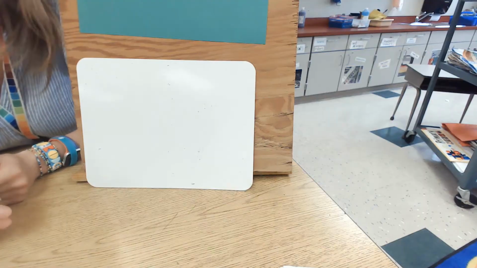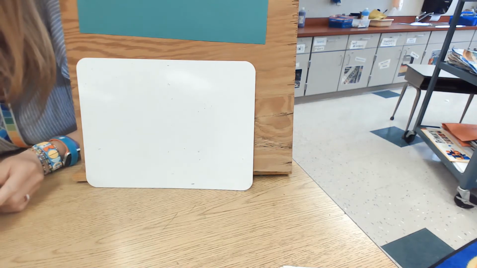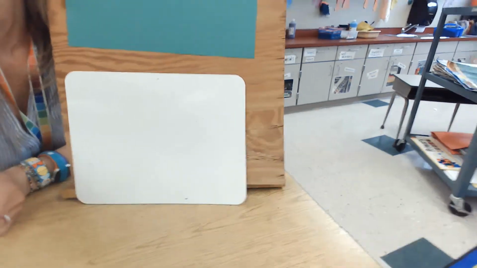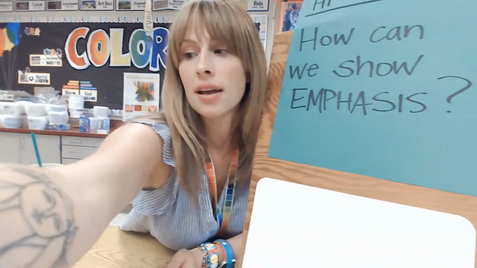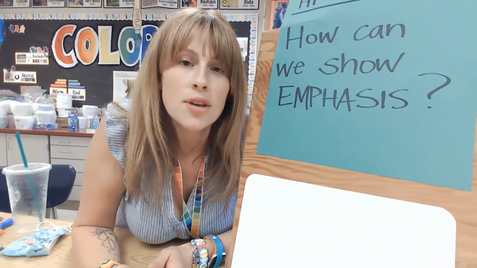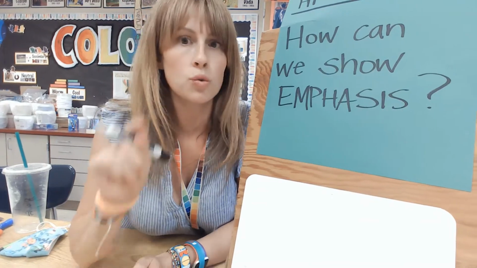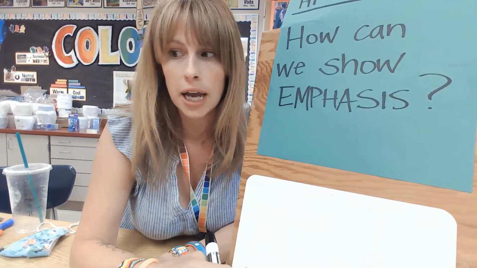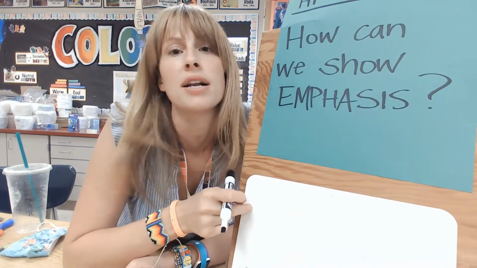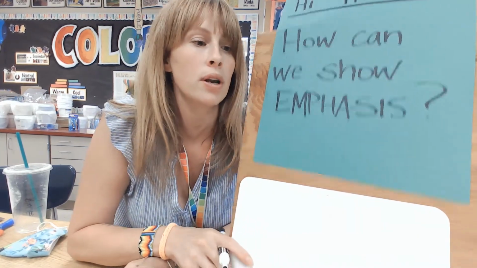Alrighty, so today we are going to be making a continuous line drawing. We're not going to do the emphasis part until we get to the coloring. A continuous line drawing just means we're going to use one continuous line throughout this entire piece of paper. So this would be a good thing to practice on a whiteboard first. So if you have a whiteboard in here,